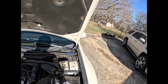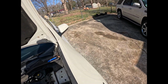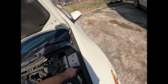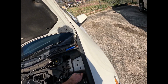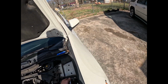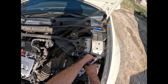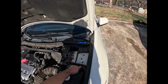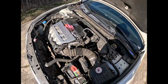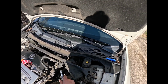You'll have another little cover, but first, just to make it easier, you might be able to wiggle your hand in there, but I cannot, my hands do not fit. So you're going to want to take this 10mm out for your intake box. And then to get to the intake down there, all you do is take that out and then loosen this one right here, loosen this C-clamp,